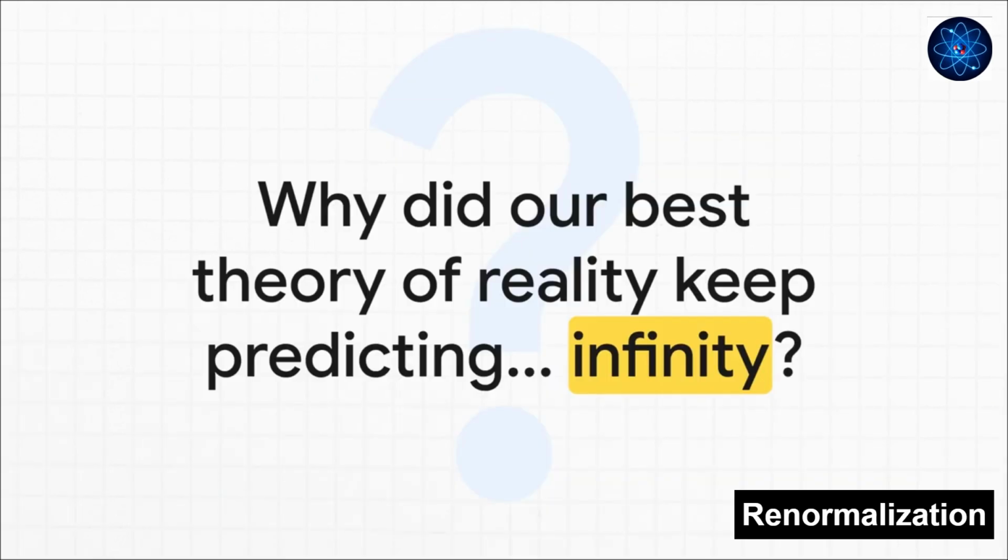Imagine you have what you think is the most precise theory ever devised about how light and matter work together. But every single time you use it to calculate something really basic, the answer comes out as infinity. Well, that was the actual crisis facing physics back in the 1940s, and figuring it out is one of the greatest intellectual detective stories in all of 20th century science.